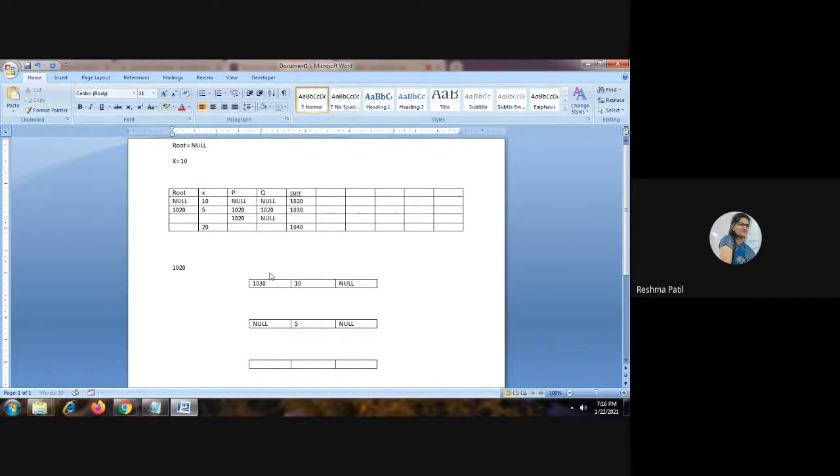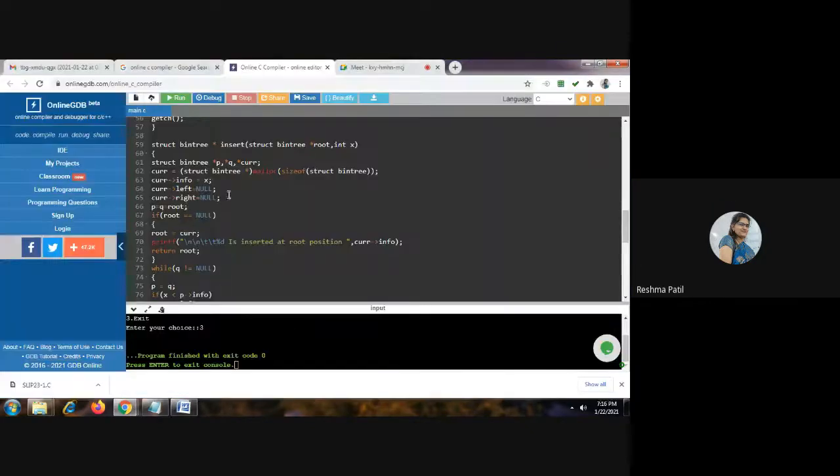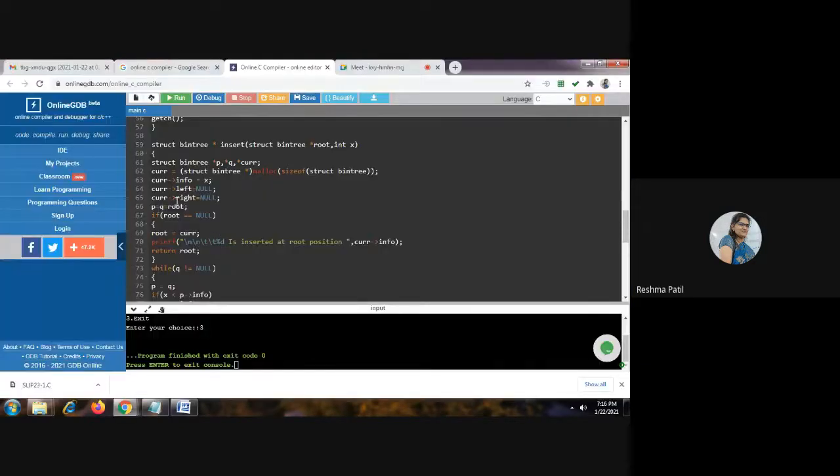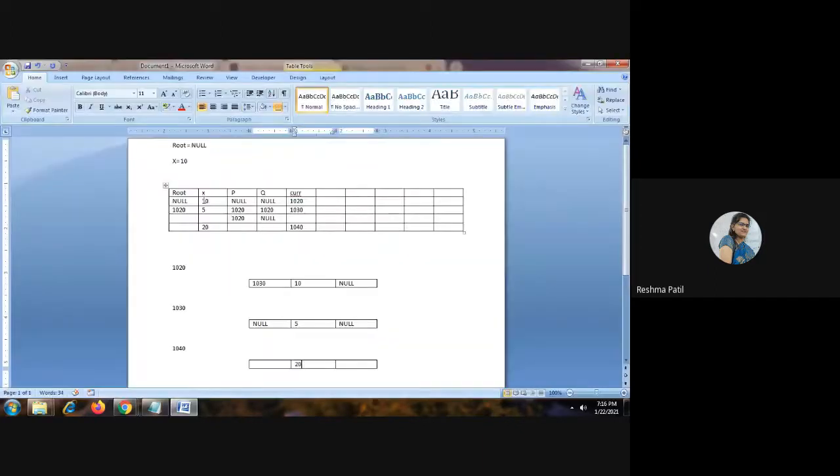This is the 1020th node, 1030th node, and 1040th node. So here memory is allocated, then current info is equal to x. What is the value of x now? 20 will be stored here. Then current left and right is equal to null.